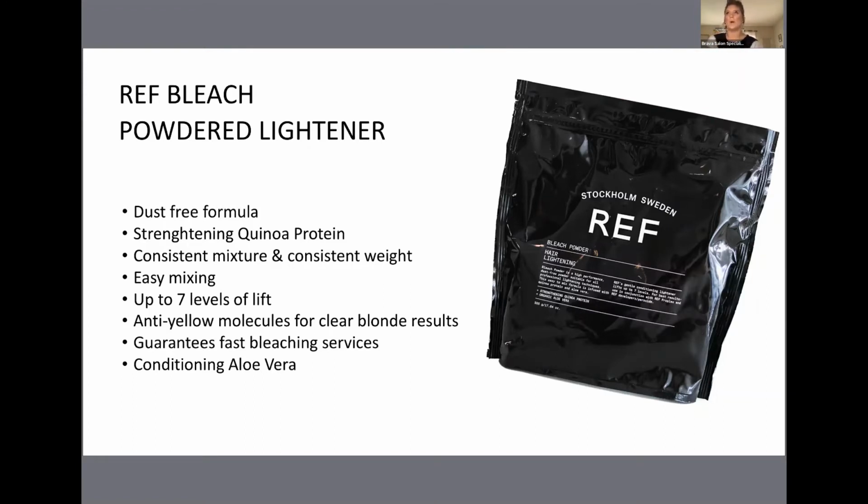1 to 1.5 is pretty standard for me. So that's what I use when I balayage. That's what I use when I'm doing a full foil. And then 1 to 2,